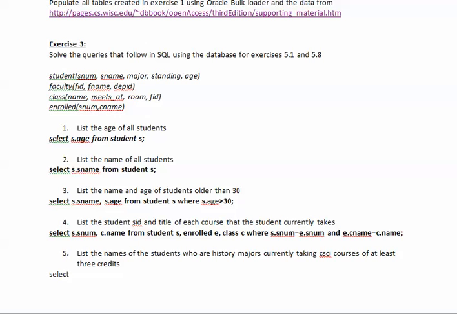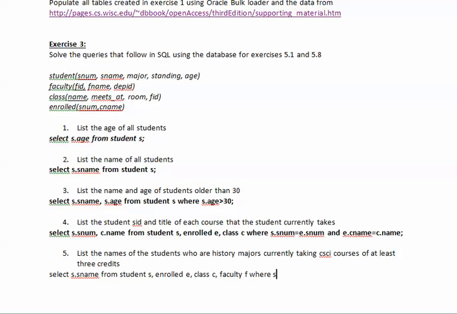So we do a select. So we need the names of the students, right? So it will be S, that will be my table student, and that will be S.name from, and we need to decide how many tables we need. So we need a student for sure, and then who are history major, so that will be a sigma on the students currently taking, so we will need enroll again. That will be my E, so we're gonna have to join, and then the taking a class, and we will need faculty in this case. Let's call that F. Then where, let's put now the sigmas, where